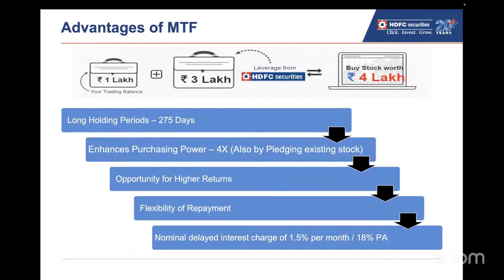नाउ इसमें क्या होगा, फर्स्ट थिंग, व्हाट आर द बेनिफिट्स कि आपकी जो परचेसिंग पावर है बेसिकली उसको एनहांस कर रहे हो, ठीक है। आप एक के पैसे में 4 स्टॉक्स बाय कर सकते हो, नंबर वन। इसमें आपको फ्लेक्सिबल रीपेमेंट है, अपॉर्चुनिटी ऑफ हायर रिटर्न्स है, लॉन्ग होल्डिंग पीरियड्स है 275 डेज तक, ठीक है। अब इसमें एक क्लासिक एग्जांपल लेते हैं कि कैसे अपॉर्चुनिटी ऑफ हायर रिटर्न्स है आपको।